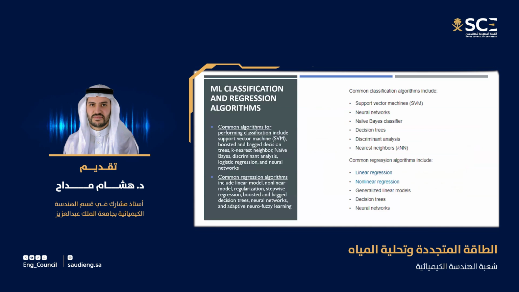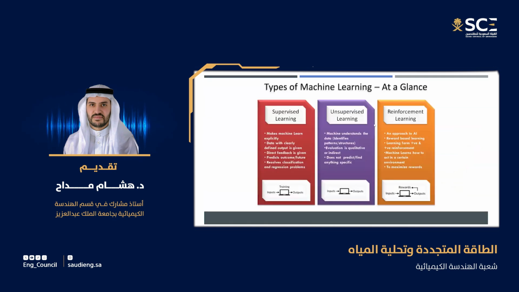In regression, we use linear and nonlinear. Most of the models are in either of these groups. These are the differences if you look at the differences here between supervised, unsupervised, and reinforced. You see, in supervised, you decide what the inputs and outputs are. In unsupervised learning, you do not tell it what is input and output. Some of the other models,